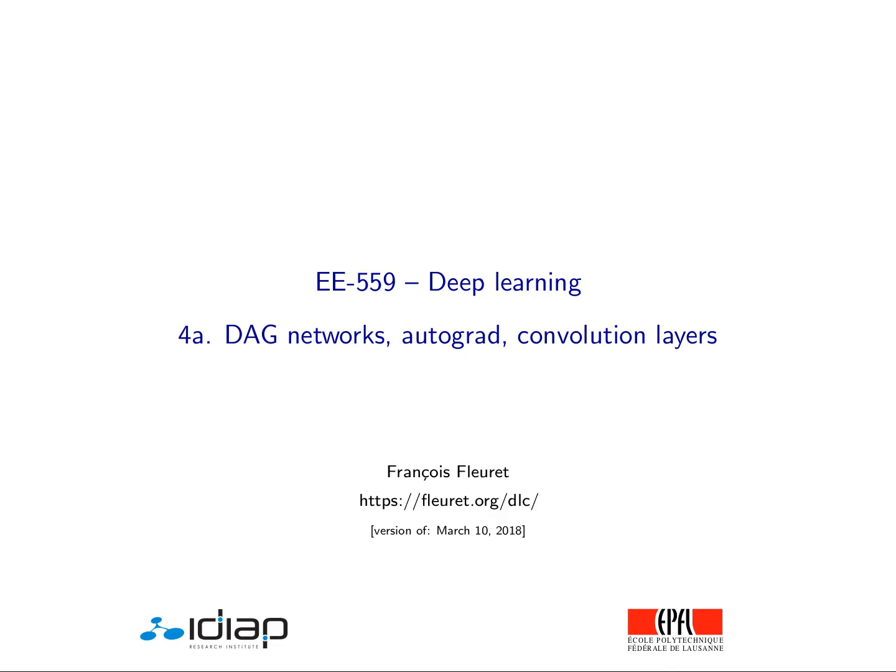Hi, so this is the fourth lecture of the course, and today we move from what we saw last time, which are linear classifiers and multilayer perceptrons, to the more generalized models, which are basically what is deep learning. So moving from a sequence of linear and nonlinear processing to an arbitrary graph, and the tools to do so, in particular AutoGrad, which is a way of automatically recording computation to allow automatic differentiation.